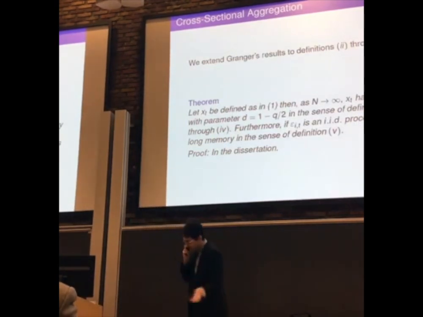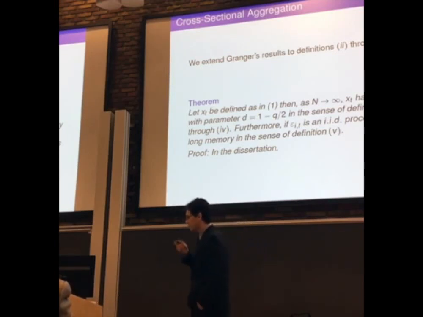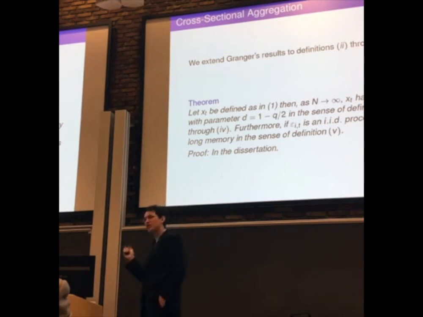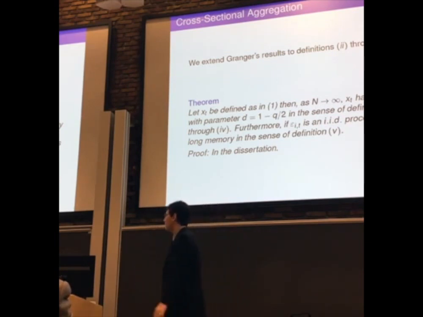So that's the first contribution: all this to explain what the coefficient of the autoregressive is, and how we obtain the autocorrelation. So in the first part of the paper we say, well, we know the covariances decay hyperbolically. That's something that we know from Granger. But does it satisfy the other definitions of long memory? Is it long memory in the other senses? And yes, we do, and we prove it in the dissertation.